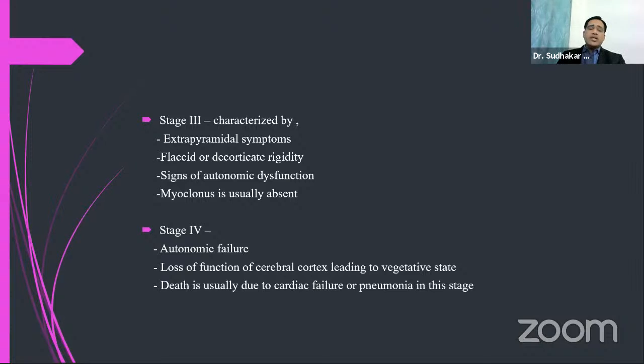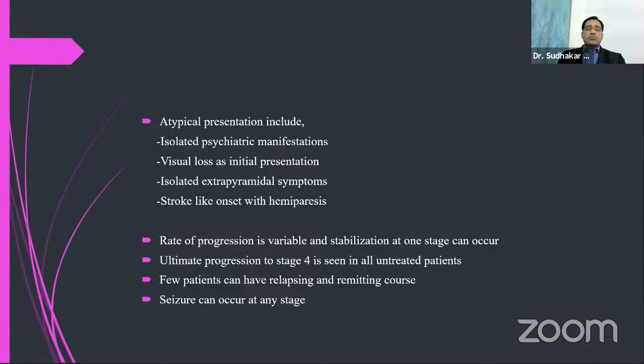Then it is followed by the catastrophic stage 4. In stage 4 there is autonomic failure, and then loss of function of the cerebral cortex, which leads to a vegetative state. And usually in stage 4 there is death of the patient, usually due to cardiac failure or sometimes due to aspiration pneumonia. So although this was a typical staging, atypical presentation can also be seen in SSPE patients, which